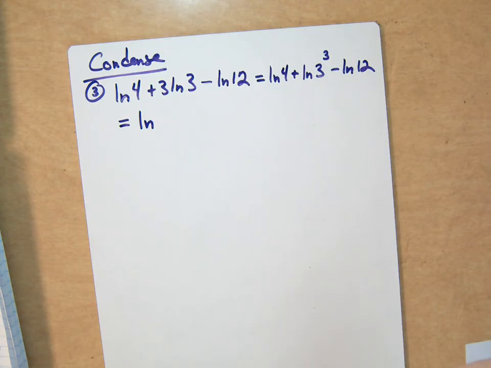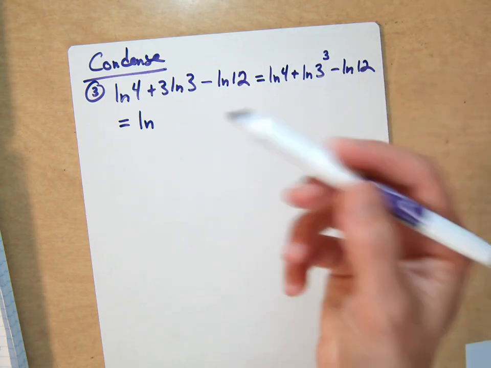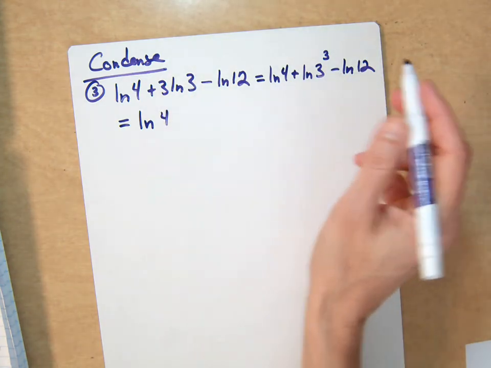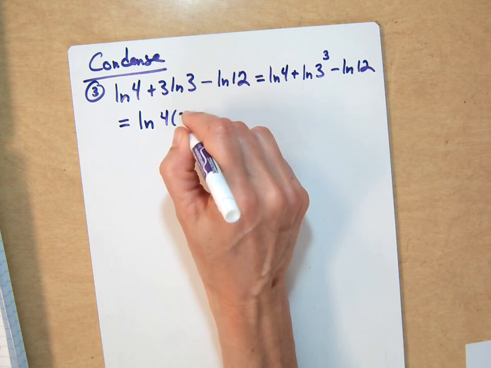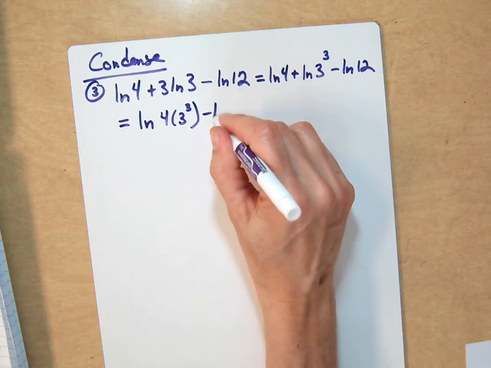Go back to the properties. Which property? Good, the product property. Nice. We just go in the reverse direction. So it's natural log 4 times 3 cubed. We condensed it into one expression, minus natural log of 12